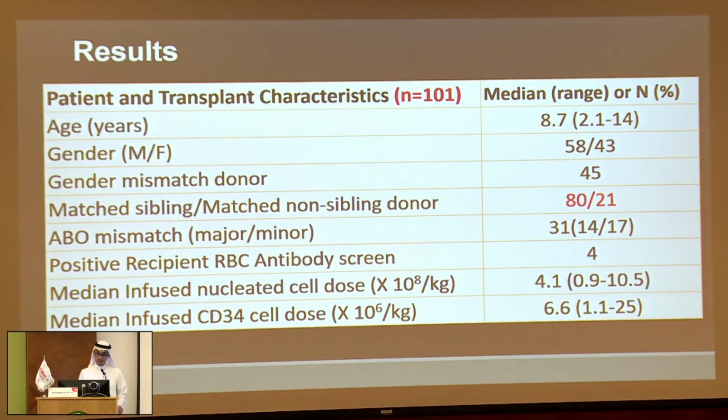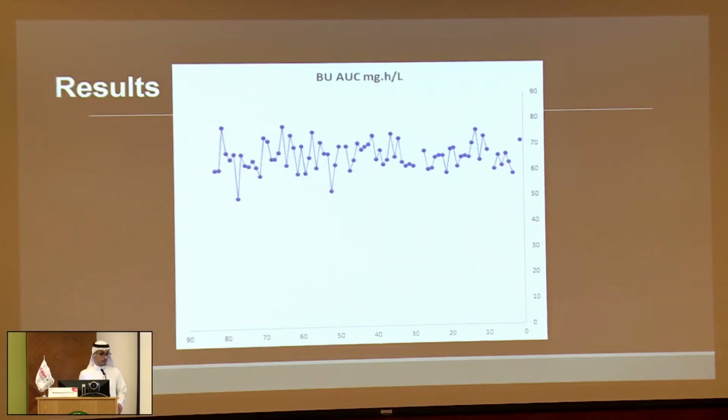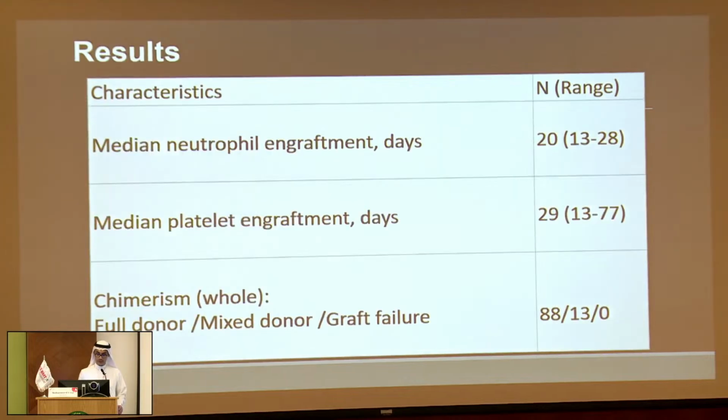You also could see here that, interestingly, the ages were from 2 to 14, and out of those, 80% had a matched sibling, but some of them, like 20%, were matched related, which means one of the parents or the cousins, which we could see in our population sometimes. The busulfan level was ranging cumulatively between 50 or 60 to 70 in general, and as expected, the neutrophil engraftment and platelet were at a median of 20 and 29 days, with acceptable full donor chimerism and a mixed donor